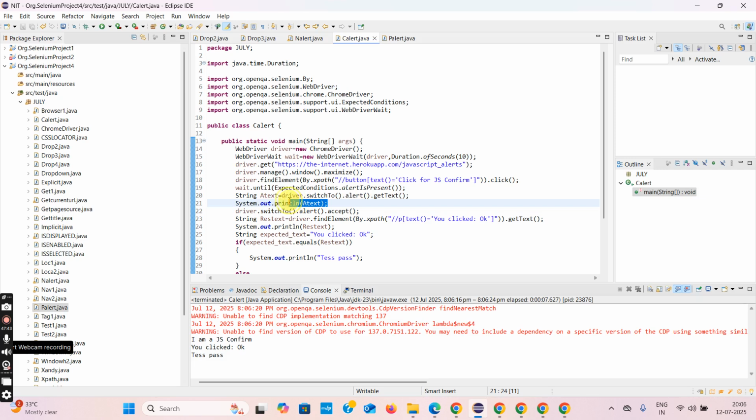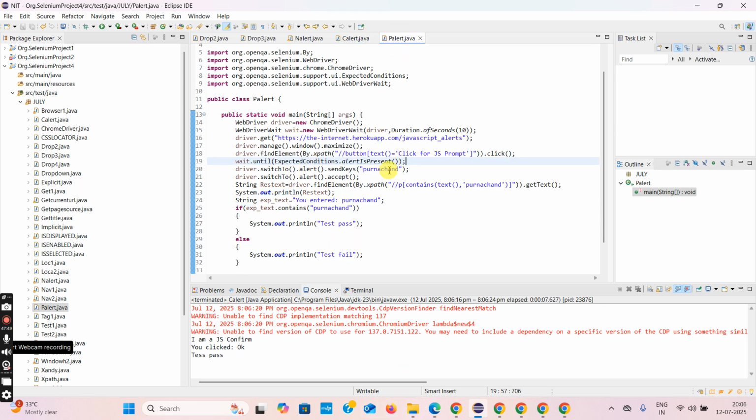Okay, these two methods you can use. You will get the text. So the program will be completed here. There are three types of alerts, and those alerts are also displayed. So the alerts concept is closed. Three types of alerts: normal alerts, confirm alerts, prompt alerts. Okay, thank you for